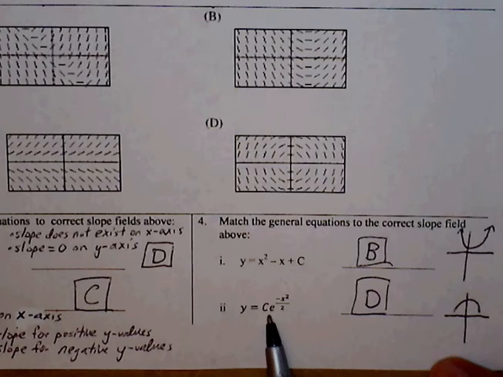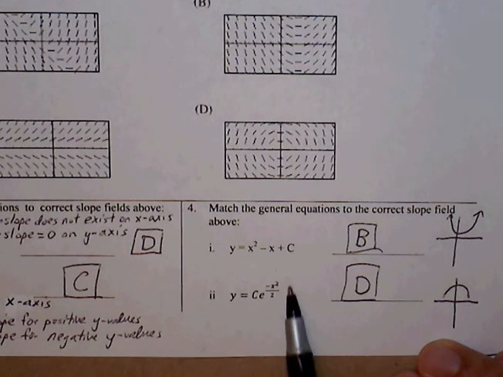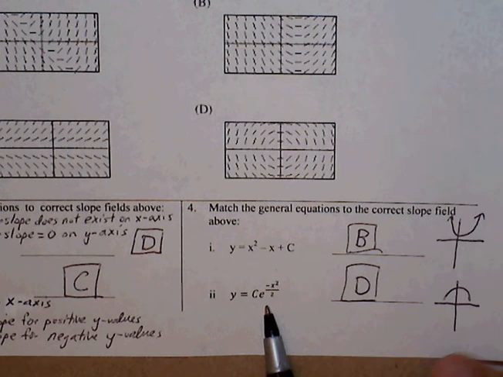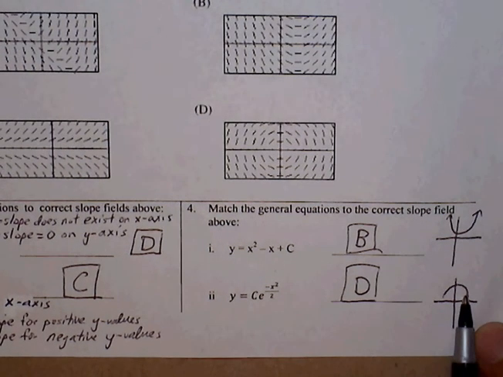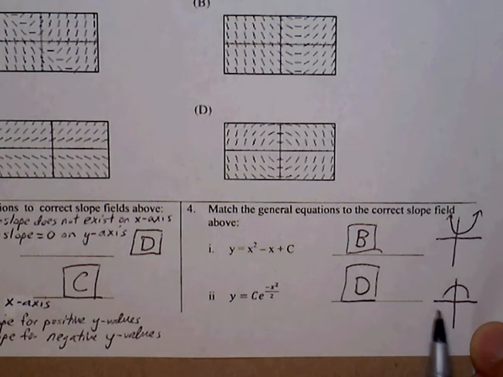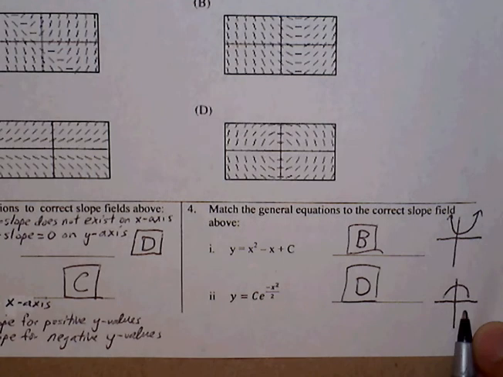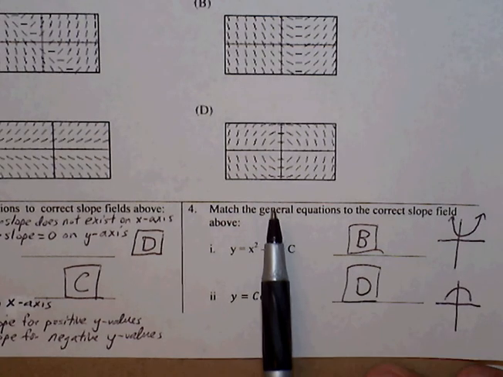For number 2 here, C e to the negative x squared over 2. C can be any constant value. Now, we may not know what this looks like, but we can plug in our calculator. And once we do that, we'll have this shape. If we plug in a negative C value, then we'll get a shape that's going to be kind of a half circle going up. So the only shape that we see that's going to match that